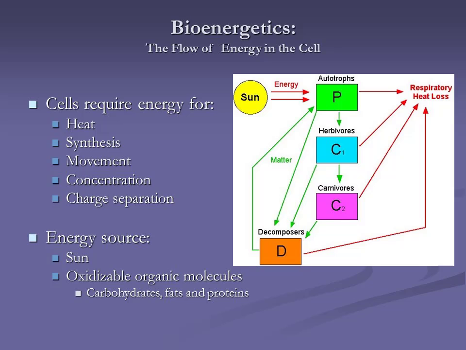But once again, all of our energy comes from the sun, and we have organic molecules that we can oxidize or charge, and that's going to be produced by the plants and autotrophs. And then we'll pass these down the lines of the food chains. Decomposers will recycle these, break these down. The plants will pick them back up, and we'll start it all over again.